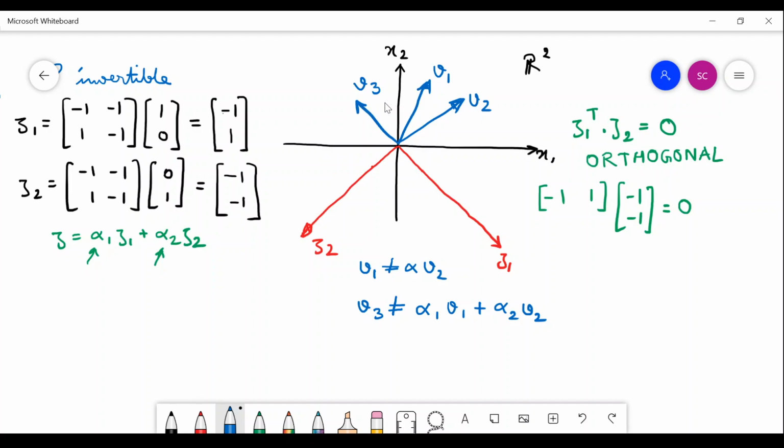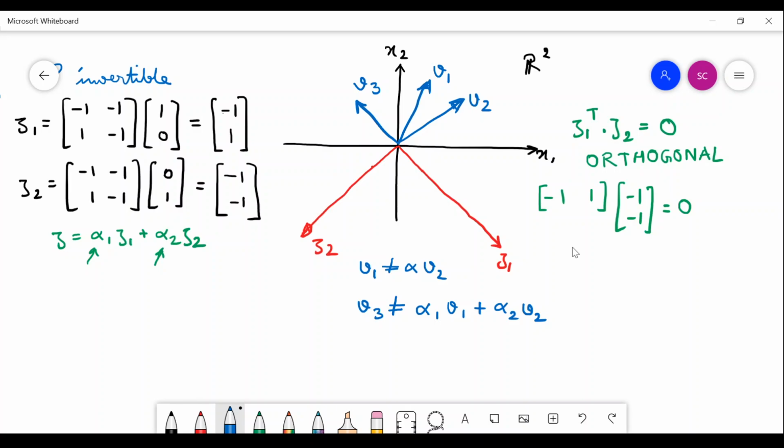Always you can express this x2 of v3 in terms of x2 of v1 and x2 of v2. Always you can do that. Simply you have two numbers and you are trying to form another number. You have to scale and add in some way, and you can always do that. So if you have more than two vectors in the same plane, they will never form an independent set.